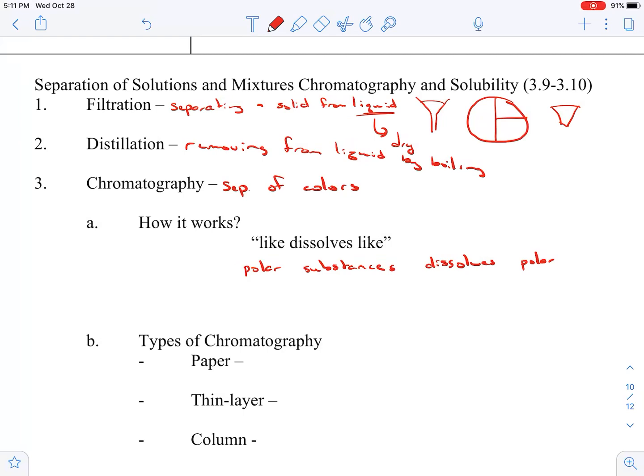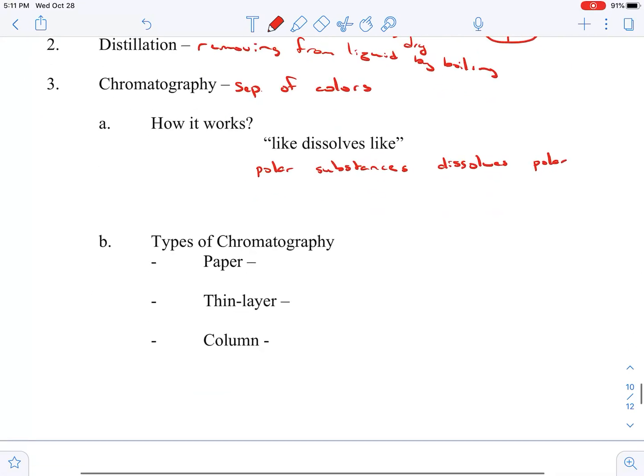The basic gist of chromatography is that we have a way to separate them out, and usually it's via gravity. We have a polar solvent, which is something we're setting it in. Let's take an example of paper chromatography right here. Here's my beaker, and I put a little bit of my polar solvent in the bottom, and then I take a piece of filter paper,